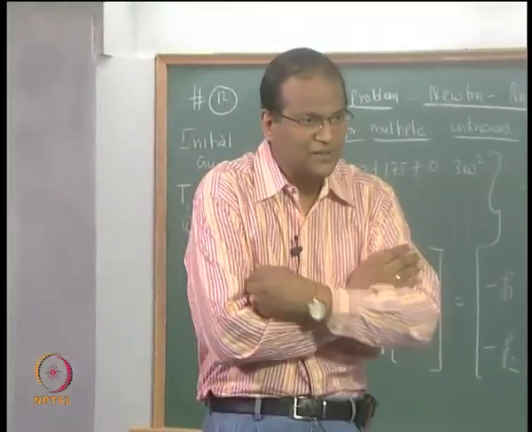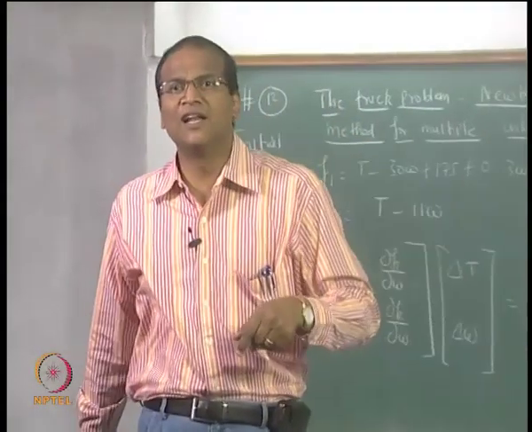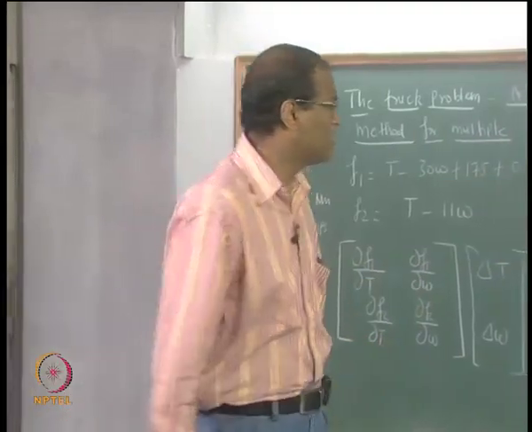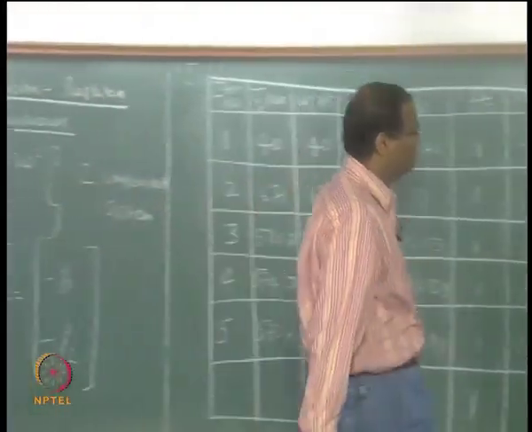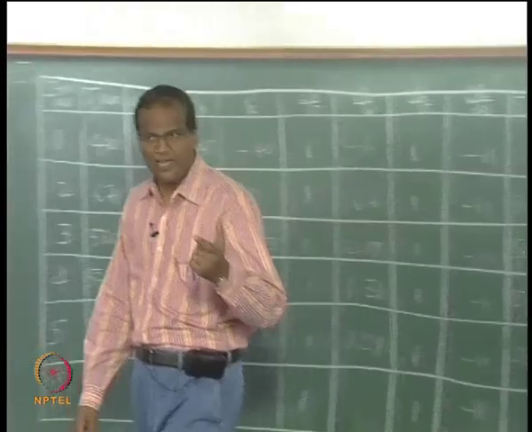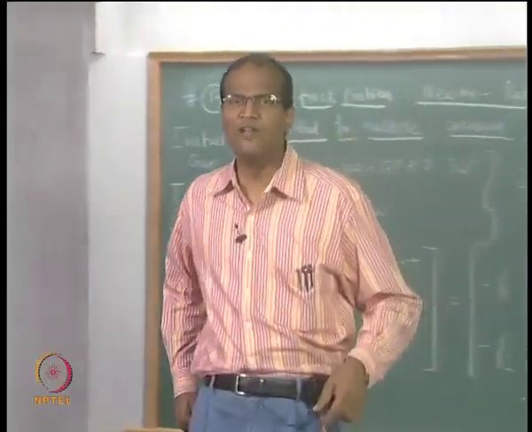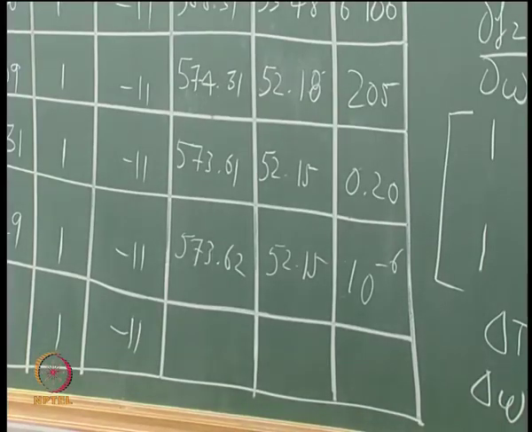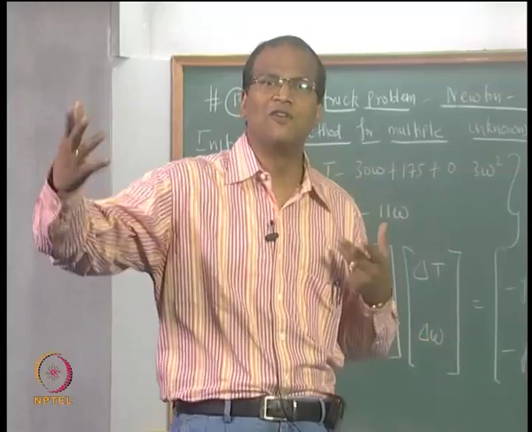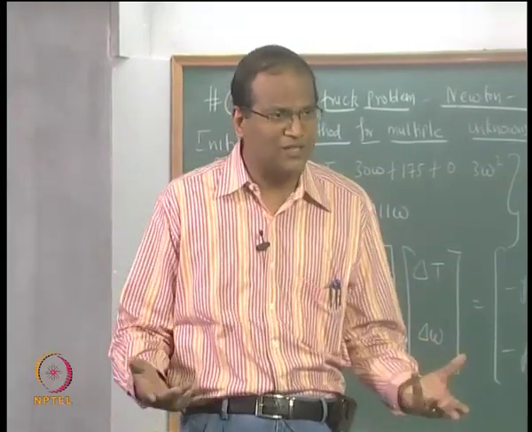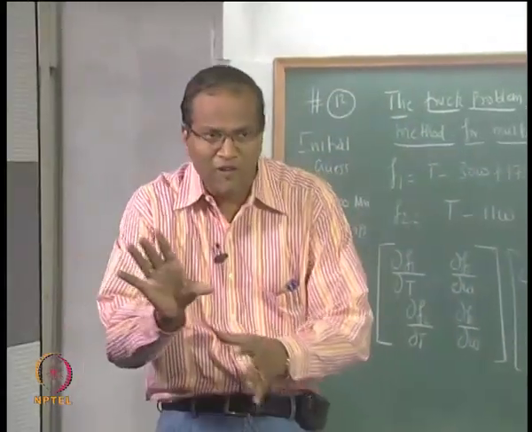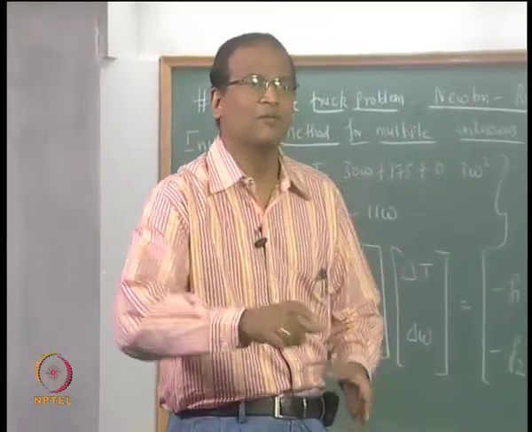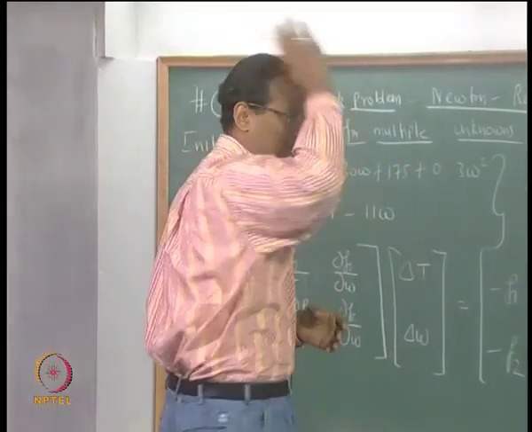There are additional checks. When you are solving a transient problem, this alone may not suffice, because if you have an extremely small time step, you are simply not allowing the variables to change, and then you say 10 to the power of minus 6, it is meaningless. When you have a microsecond or nanosecond as your time step, you are not allowing the variables to change. If you have such a time step, you should allow it to run for a million time steps.